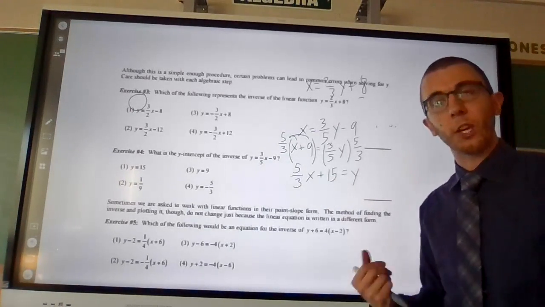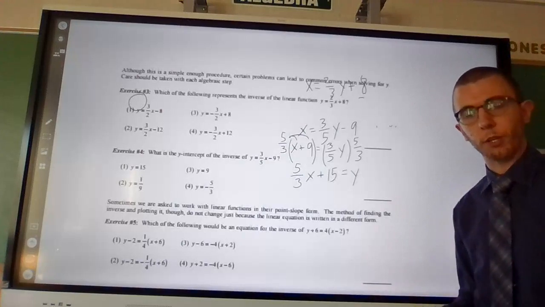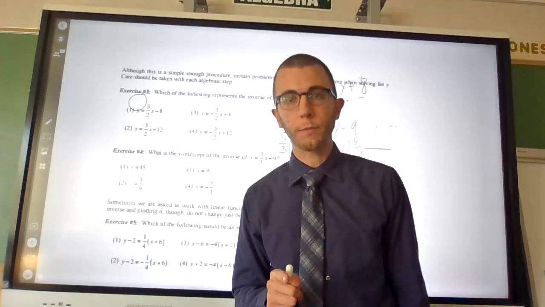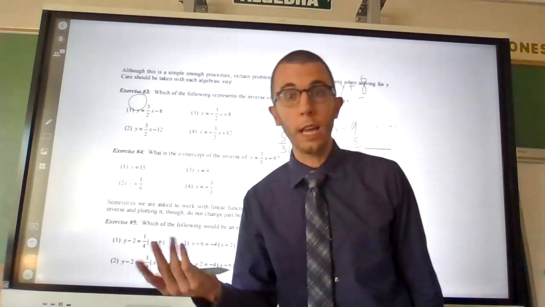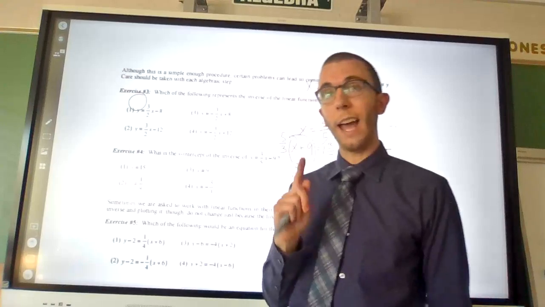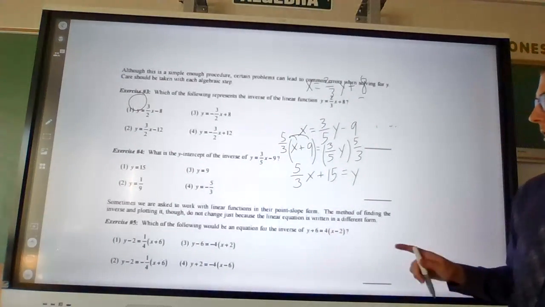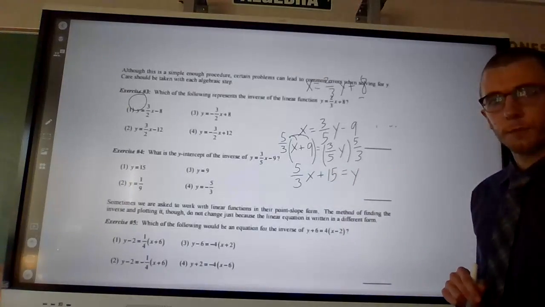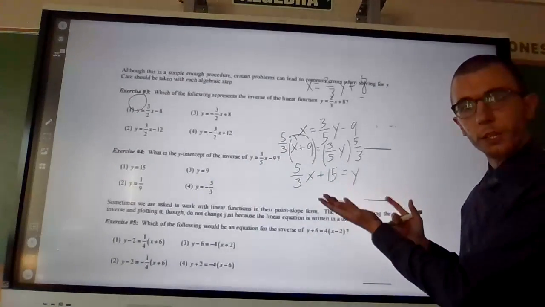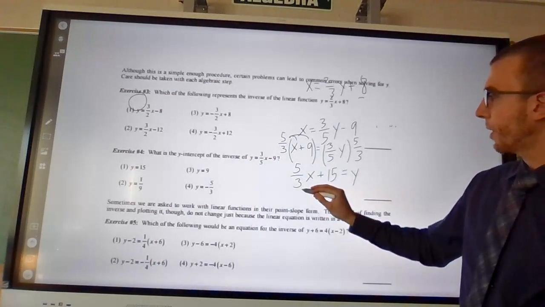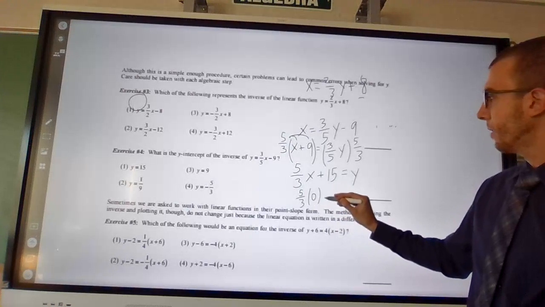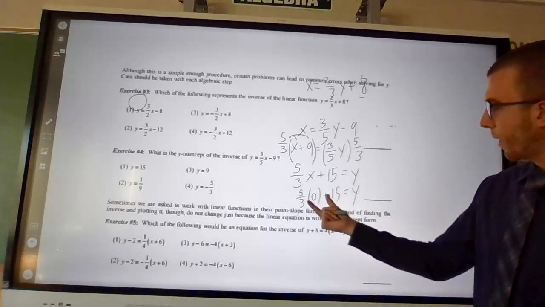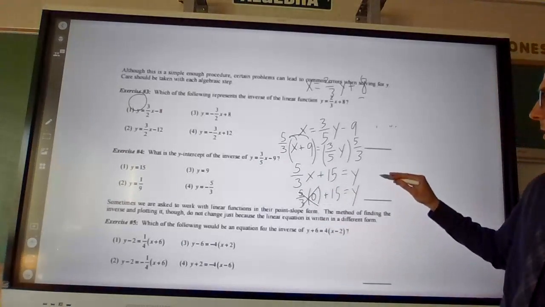But we weren't just asked to find the equation of the inverse, but the y-intercept of the inverse. So this is when you need to quickly recall what is true about every y-intercept. Well, Mr. Poley, you would say, every y-intercept has an x-coordinate of 0. So that means I need to figure out when x is 0, what is y? And maybe something jumps out at you then just from looking at this. Okay, but when we plug in 0 here, 5/3 times 0 plus 15 equals y, anything times 0 is going to be 0. So that first term is totally gone, which means y,